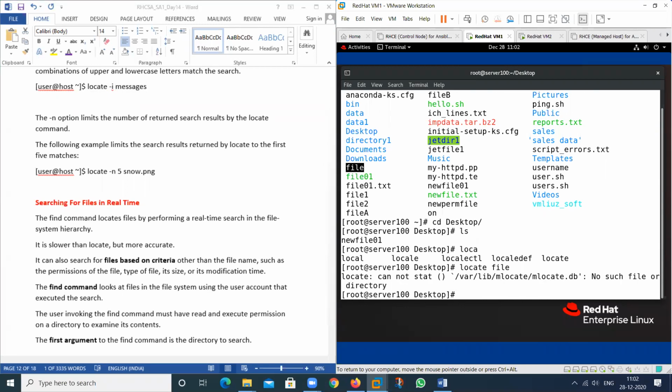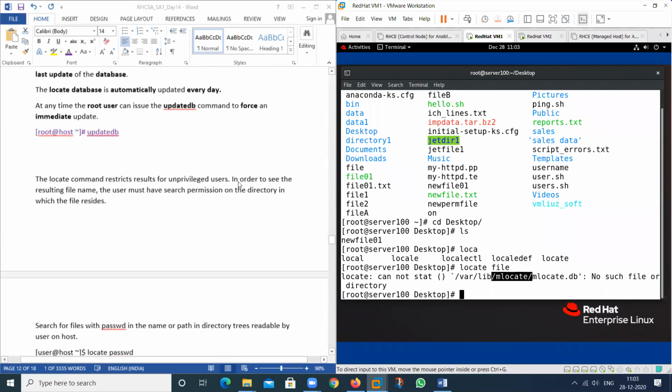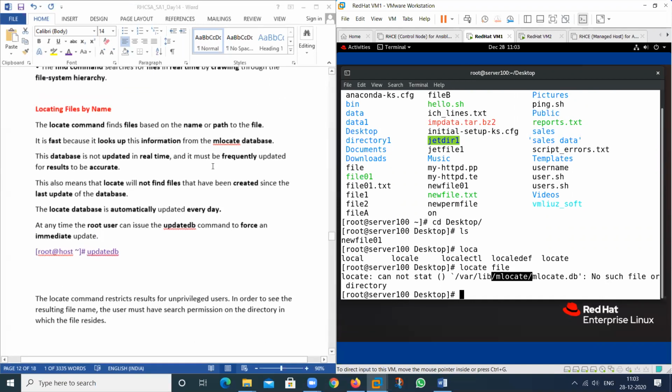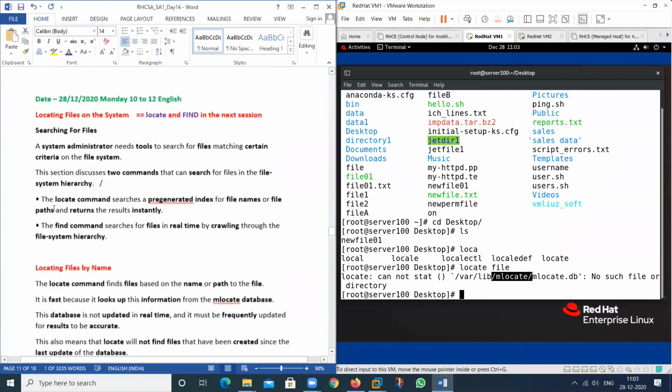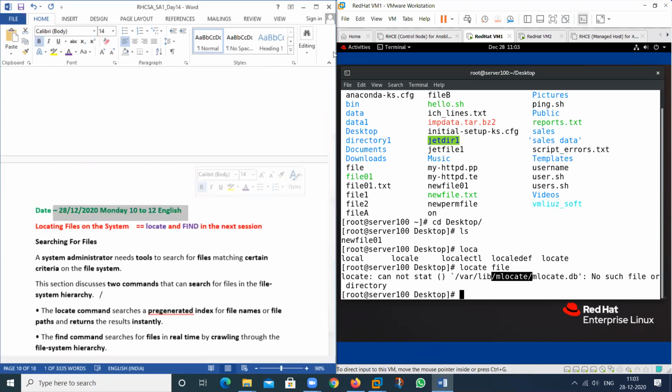See what it will show me. It will show me a message. What type of message? It will show that the mlocate database is not updated. That I have told in the theory session, this theoretical portion.